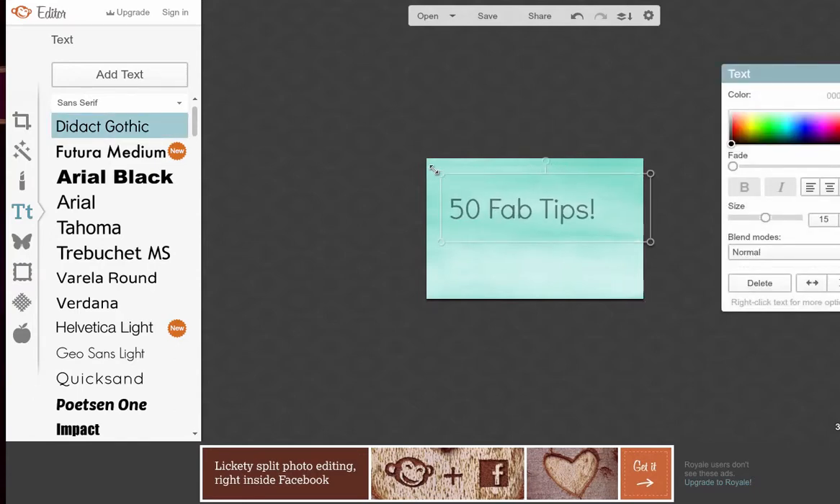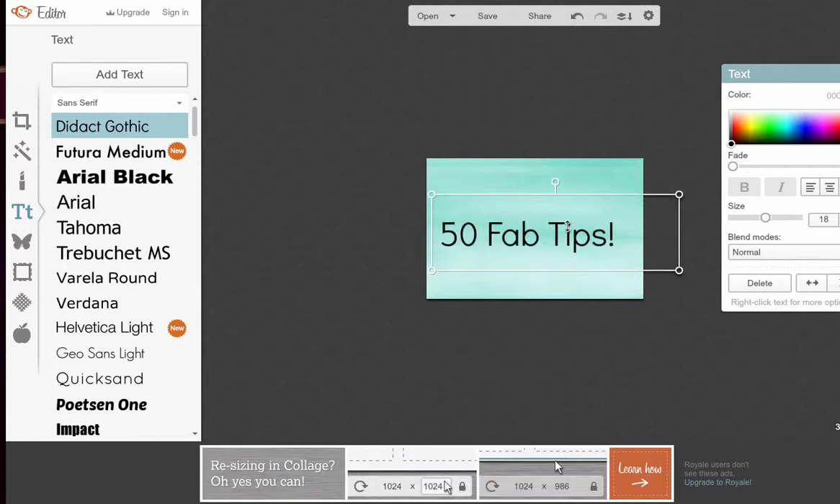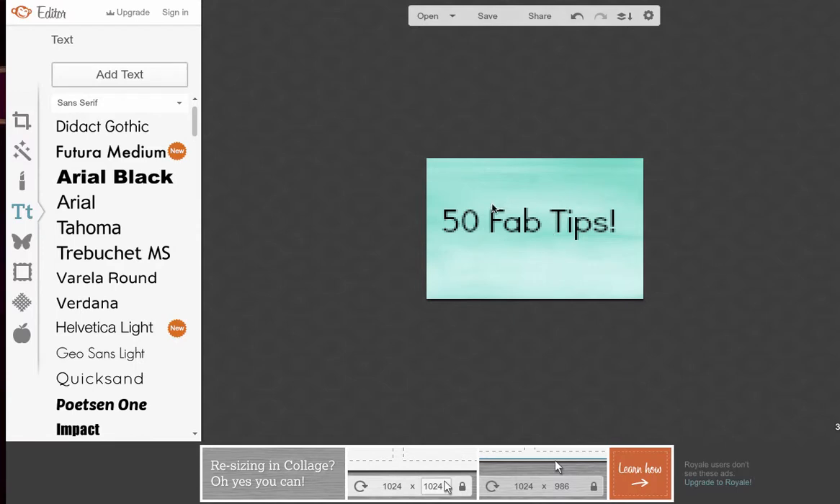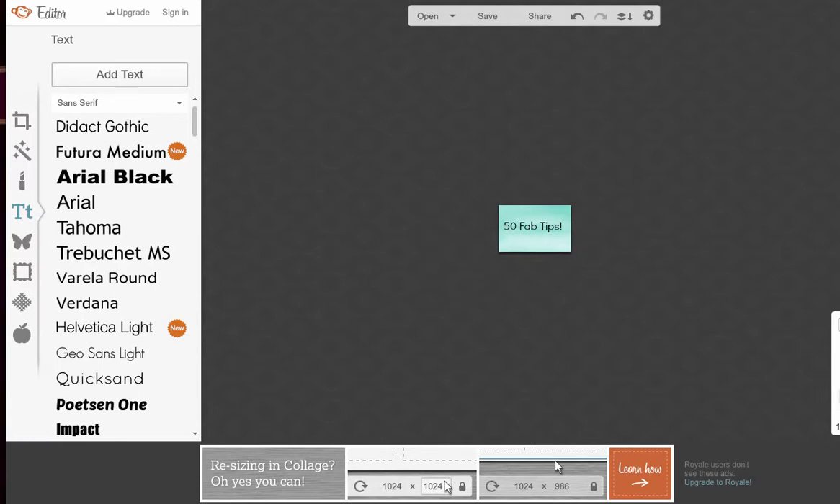So I'm going to make that bigger, and I'm going to change the colour. So if you want to make it bigger, you can just do that. It goes a bit grainy because obviously I've made it bigger, but you can see if I make it smaller, you can see what it actually looks like on your Facebook page. Okay, so